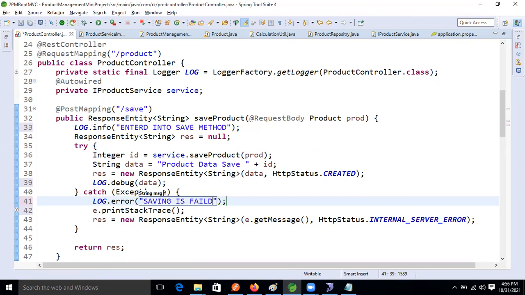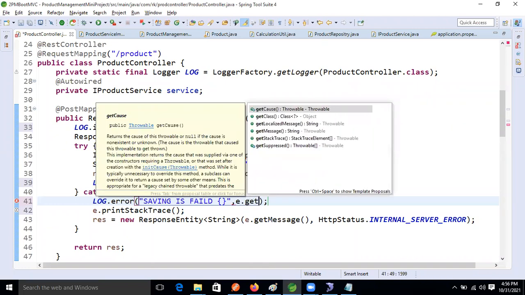If you want to see the failed message also, what we need to do is e dot get message. E dot get message, right?